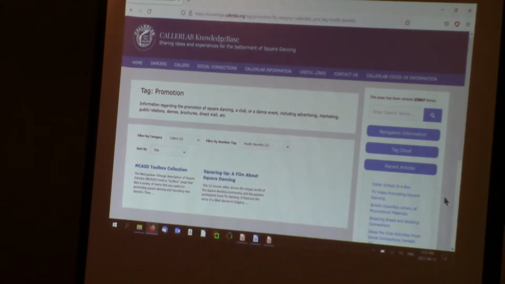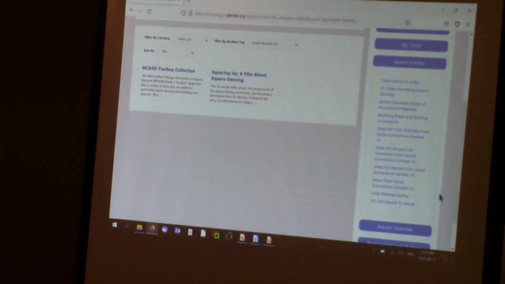If you want to look at what's new in the knowledge base, recent articles just shows you the 10 most recent things that have been published. So this Caller School in the Box is the last thing that I put in there. That's material from Daryl Clendenin, where he's basically recorded a little mini Caller School. It's the PowerPoint presentation narrated with moving pictograms and whatnot that covers a lot of the material that is there in a Caller School, maybe in a way that they can go back and refer to. So again, I'm not going to go through that.